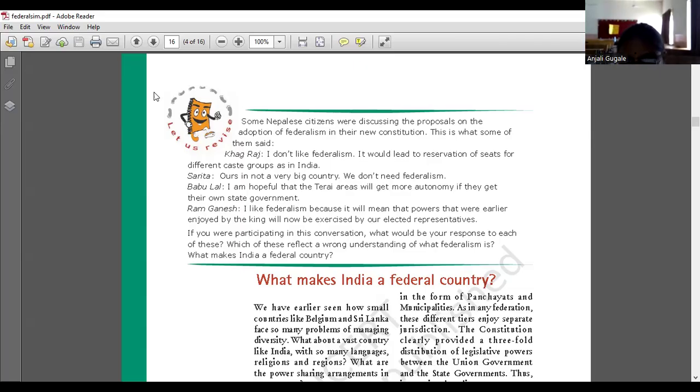But later on, after few years, it was realized that we need to take some powers and give to the state and the local government in the villages in the Panchayati Raj system, and in the towns it is the municipal corporation system. So this finally came into existence with a policy of decentralization in 1992. But it does not mean that India was not federal. India has always been a federal country because we had a culture of deliberation and discussion, and we always had a culture of following the principles and features and values of democracy.